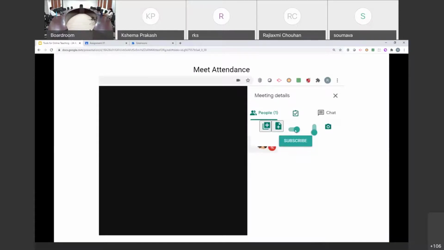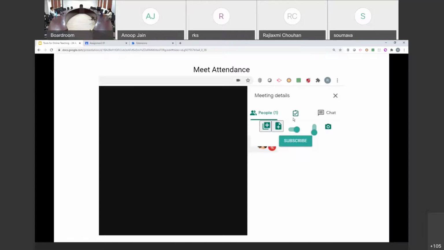These are the options. This is a toggle to turn Meet Attendance on. This is a toggle for auto scrolling. That means all the list of members who are there in your meeting at any given point, you want to record all of them, their presence, so you can always keep this on. This particular toggle is to turn Meet Attendance on or off. So you enable it from the browser, and clicking on this icon will create a new spreadsheet.